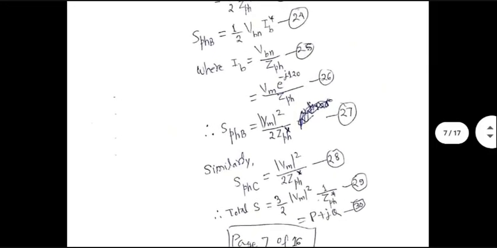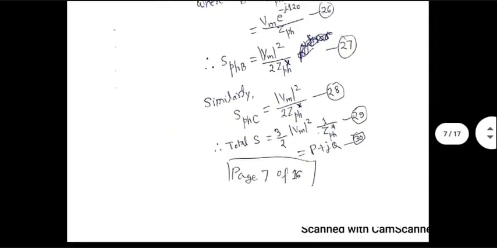Now, once you have the answer, it will have a real part and an imaginary part. You know this from single phase systems also. The real part is known as consumed power. Its unit will be watt. The imaginary part will be known as reactive power. Its unit will be VAR. And the unit for complex power will be VA. You can draw the power triangle for this case also, as we did for single phase.